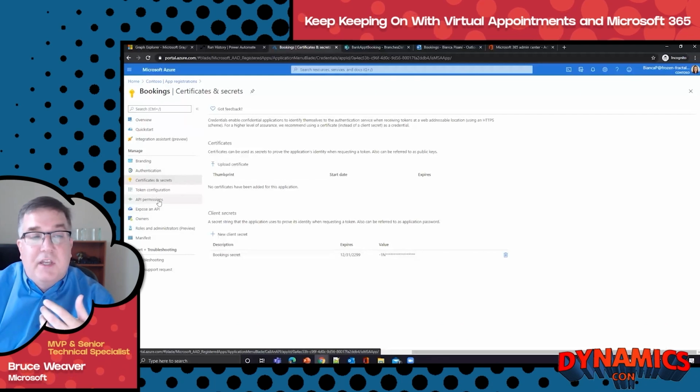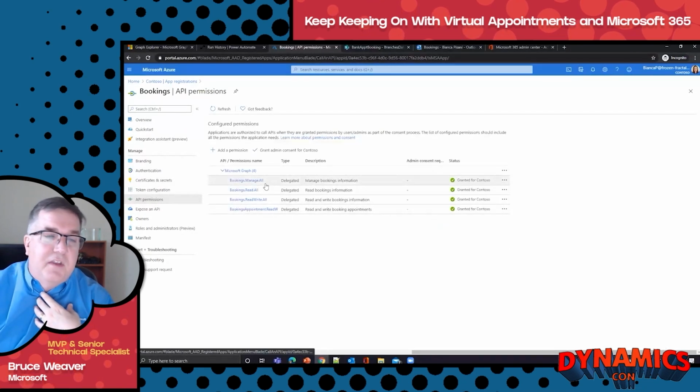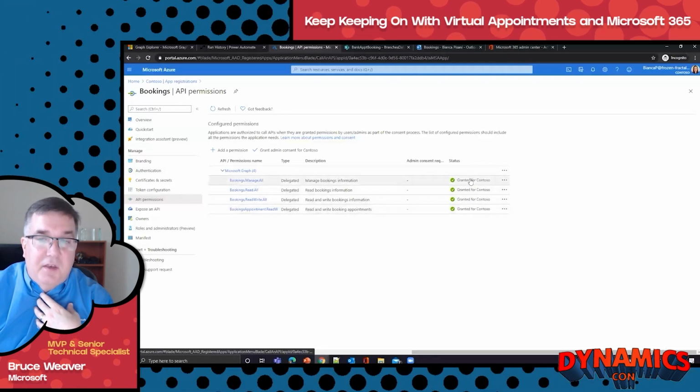In order to actually execute the commands inside of Flow, you have to have permission to do so. And so inside of the app registration is where you define all of the permissions that you need access to and whether they're delegated or not, and also consenting to use them. These are all defined inside of that app registration.